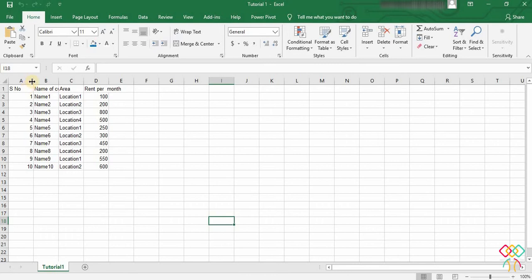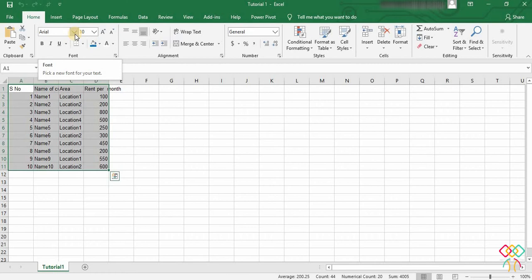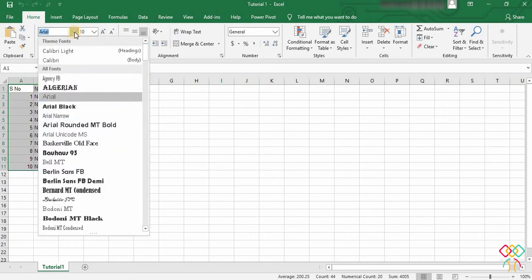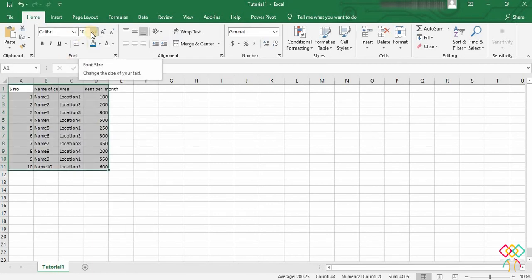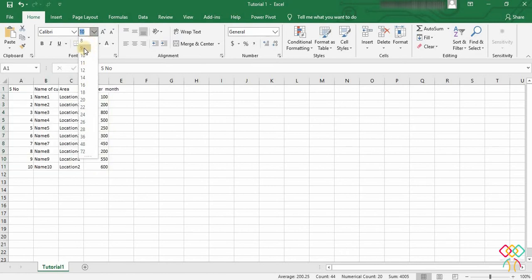So in today's tutorial we will be dealing with this home tab, and as you can see that under the home tab there are 8 subtabs like clipboard, font, alignment, numbers, style, cells, etc. So first let us deal with the font. So I want to change the font. This is showing as Arial, so I want to change it to Calibri or something,